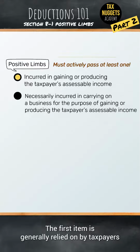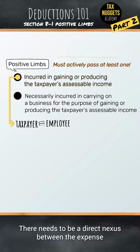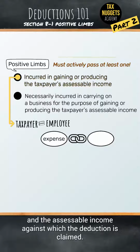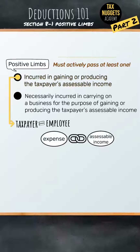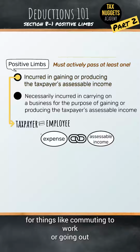The first item is generally relied on by taxpayers who do not run a business, like employees, for example. There needs to be a direct nexus between the expense and the assessable income against which the deduction is claimed. But this does not mean that a taxpayer can claim expenses for things like commuting to work or going out